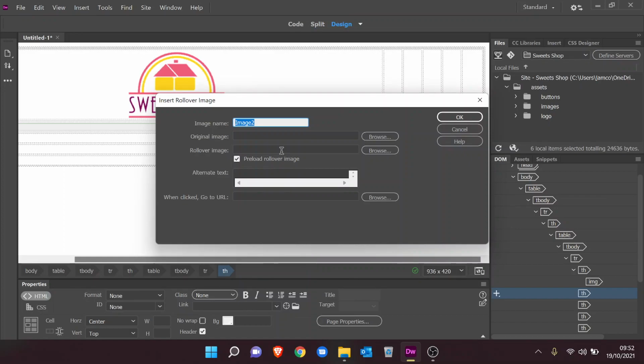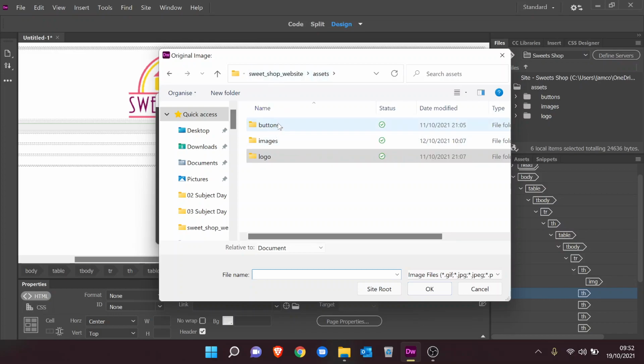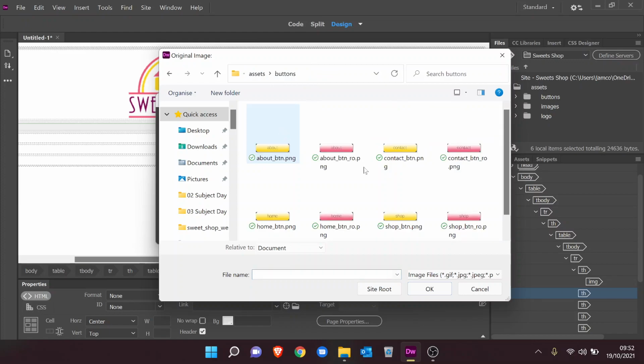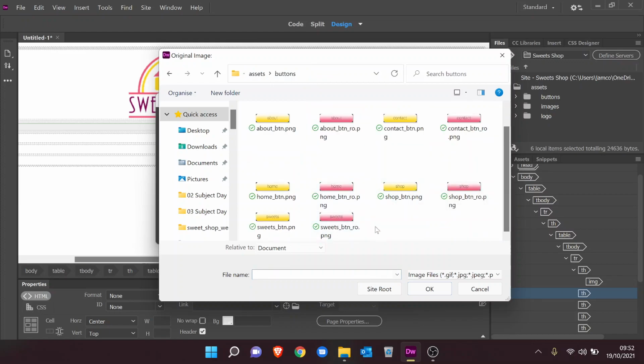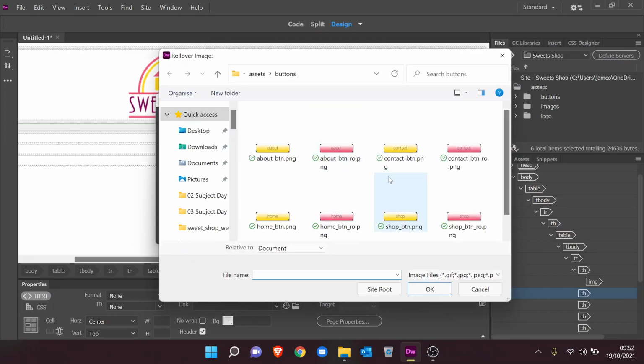We need to give it a name, so this one is the home button. We need to tell Dreamweaver where the button is, so we go Browse. Go back to our assets folder in the root and go to buttons. We need to find the home button, and what we want is the home button, this one, not the rollover. This is the standard one. Then we need to put our rollover image, which is, if you look at the example I've got here,